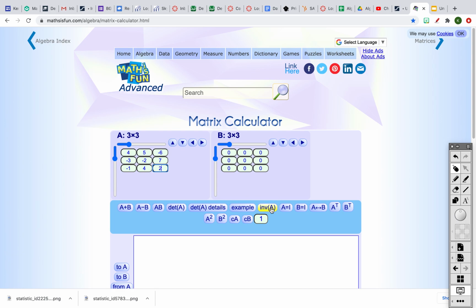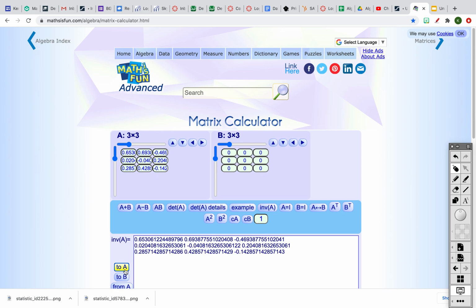Step 2 is to click on the inverse of A. And it does all of the math necessary in order to find the inverse of each one of these. Then we need to copy paste this into the previous box. So we're going to put it into A, and it's going to write over the top of it. And then we're going to type in B, and as a reminder, it's not a 3 by 3, it's a 3 by 1,